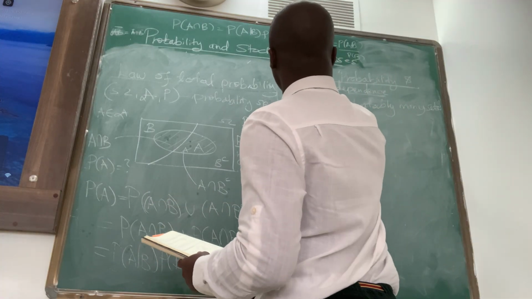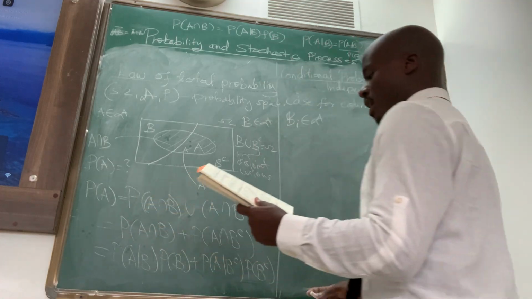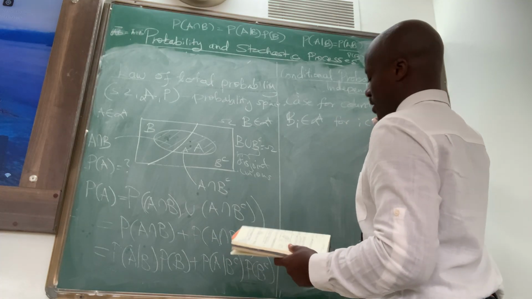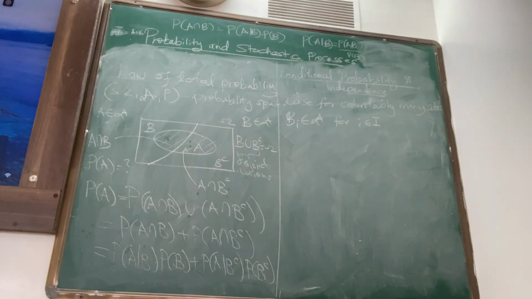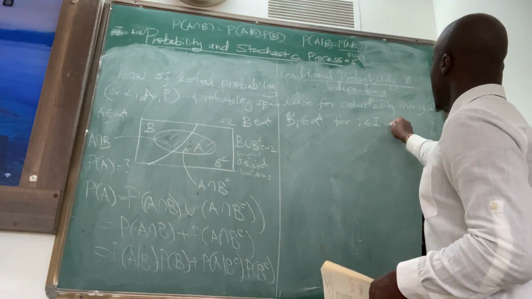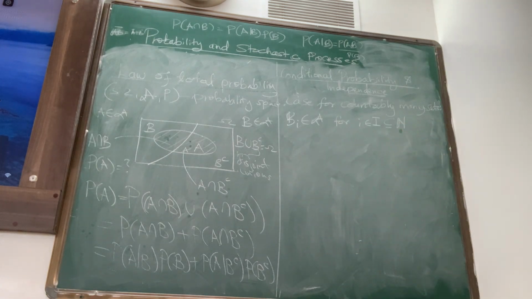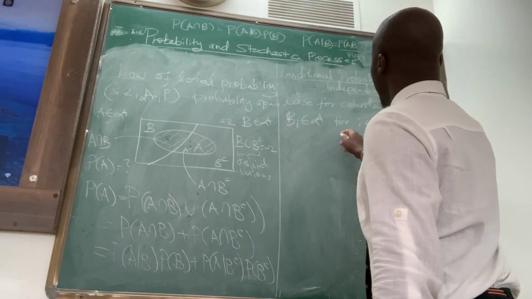It means that you have the Bi's that are now events in A. I is an index set, which means I is just from 1, 2, 3, 4, 5, 6, 7 up to infinity. The index set is natural numbers, not integers. So this is just natural numbers, 1, 2, 3, 4, 5, 6, 7, 8, 9, 10 up to infinity. And then with the same thing, we say that the union